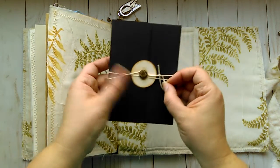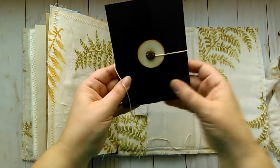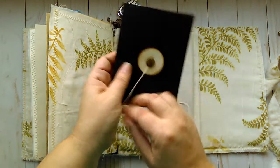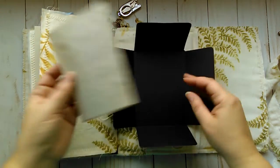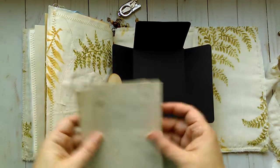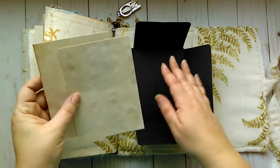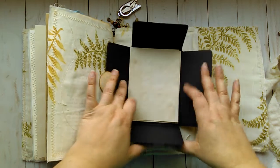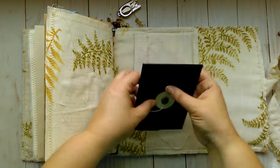And this is, I don't know what you'd call it. I want to call it like a folio type thing. It comes open like so. It has a brad there to wrap the string around. And it opens like so. My purpose for this was if you get plant clippings that you want to press and maybe you're not at home right away, you're out and about or in your garden or what have you, you can place them here and put these little pieces of paper between them and then close them up, and it will prevent them from shriveling and